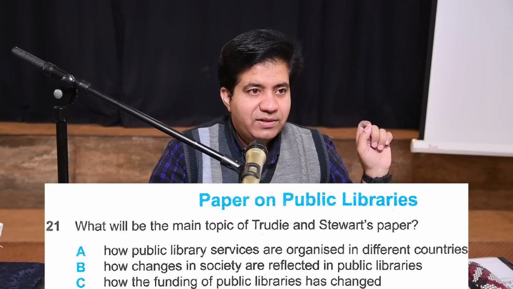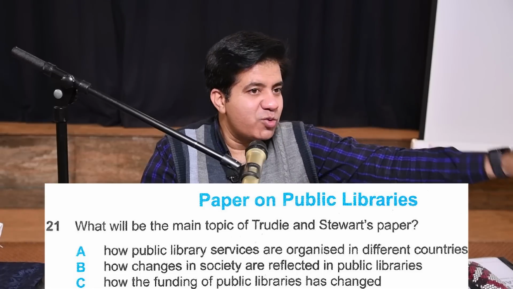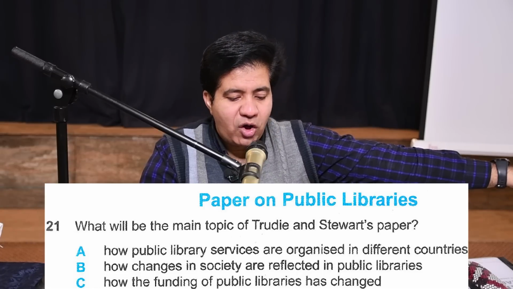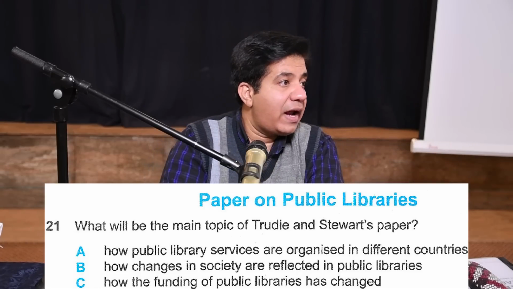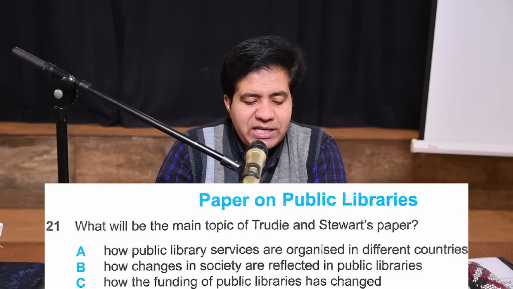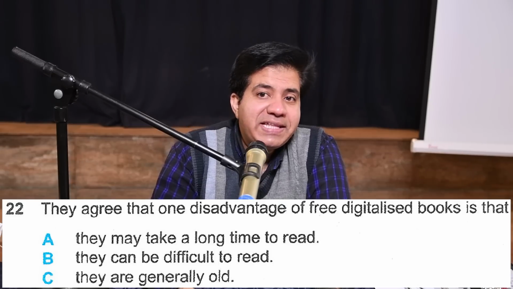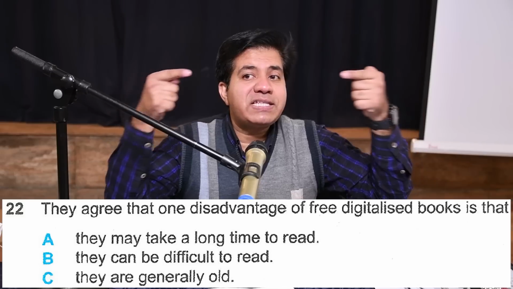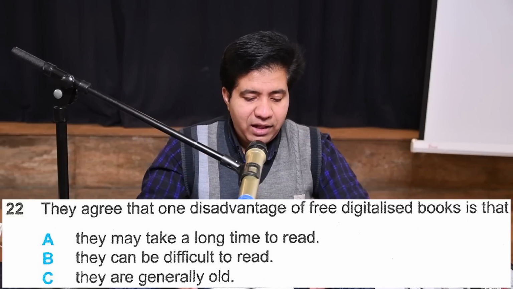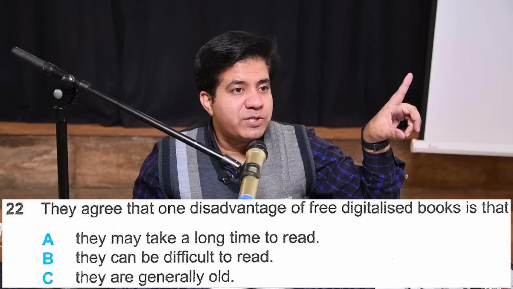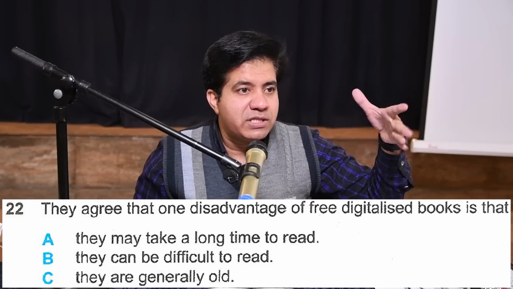Funding in any detail. Don't go into funding, we are supposed to write a short paper, so C is gone there, A is gone, B is the right answer. Okay, now 22. They agree. See that? I told you, multiple choice, they decided, they agree. And all that. Now you will see on one option they agree, on two options they will not agree.